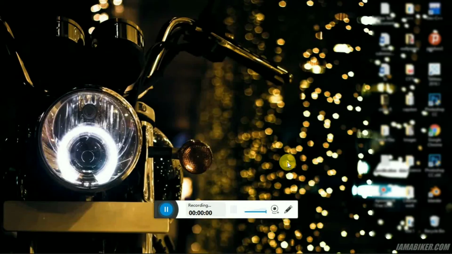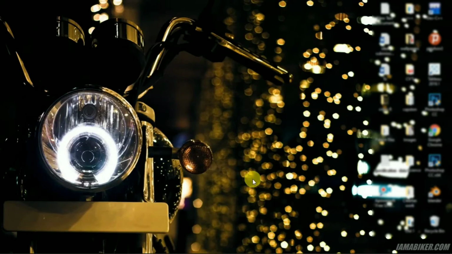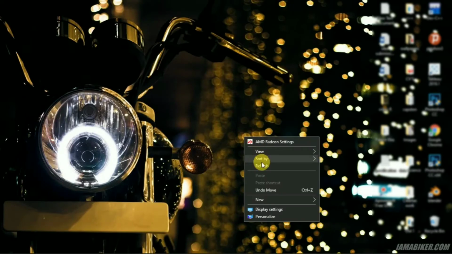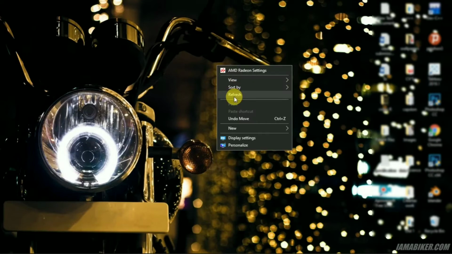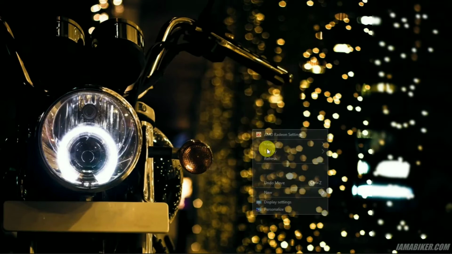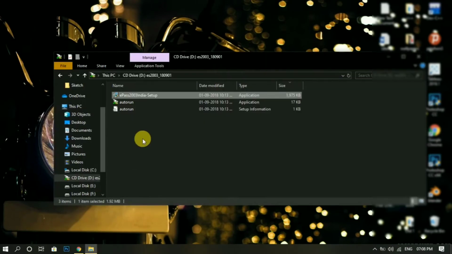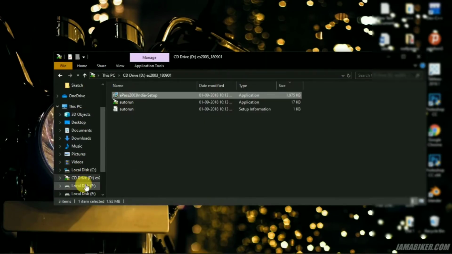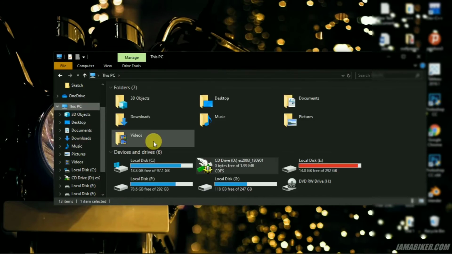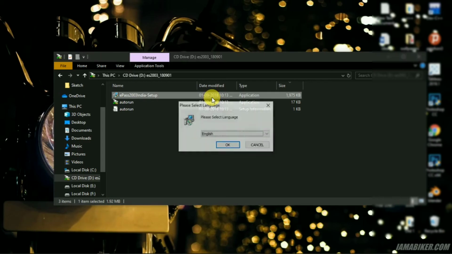Now let me show you how to install and how to use the token of a DSC. Here I bought a token from eMudra, which is class 3 DSC. Here you can see I just inserted my token to my laptop, and here you can see the token has been inserted. Now let me install it first.